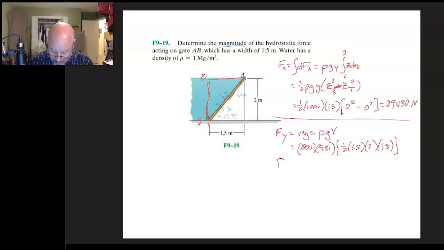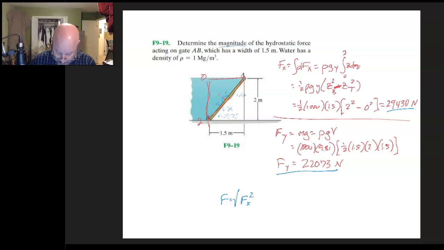Plug all that into my calculator, and what I'm going to get is 22,073, and that's newtons. So there's our x, and there's our z. What we need to do now is just put it together